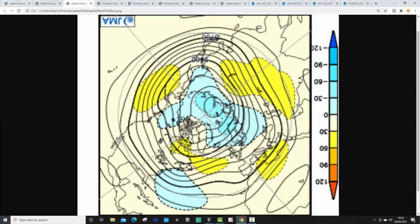And then we go through to weeks 3 and 4. More changes. This takes us from the 9th through to 23rd of April. This time we get low pressure developing to our north. High pressure pulls out into the middle of the North Atlantic. We send the jet stream and wind flow alignment on a northwest-southeast trajectory. So we turn more unsettled, and we start to turn